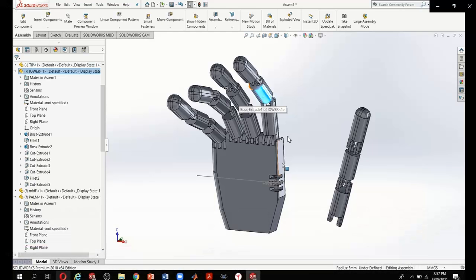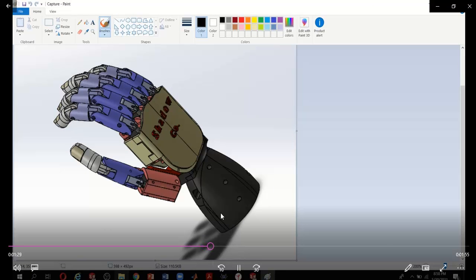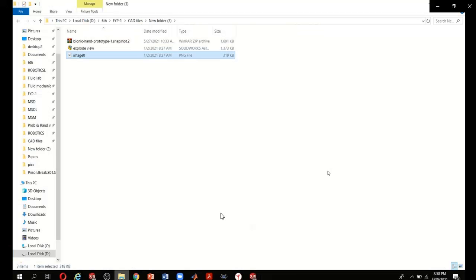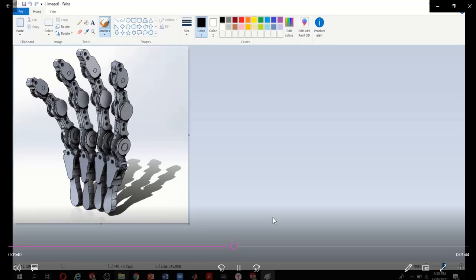Moreover, we are also working through the grasping and the gesture of our hand. We've been discussing that too. Moreover, this is our design. This is the CAD model we have made. So talking about the other designs we've been going through, I'm going to show you over here. This one was one of the designs done by others. We've also been discussing more about the fingers, and this is more complex than the other one.